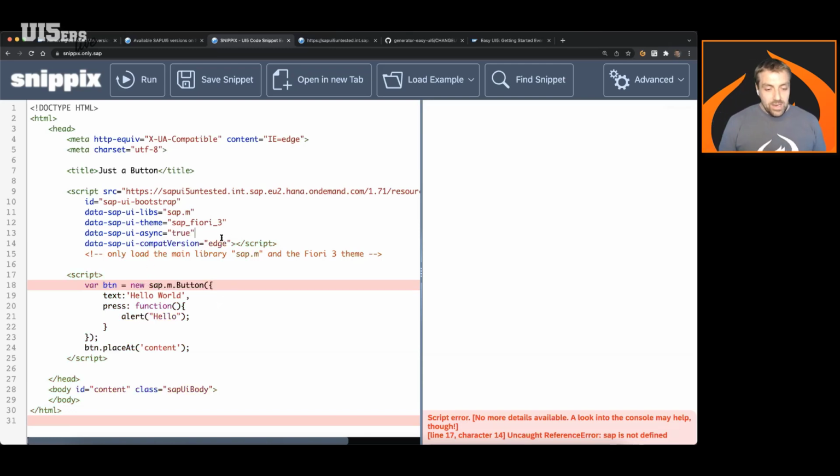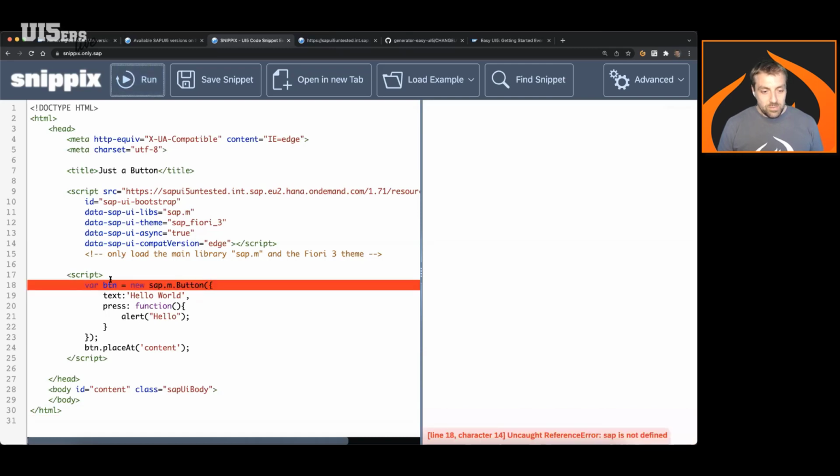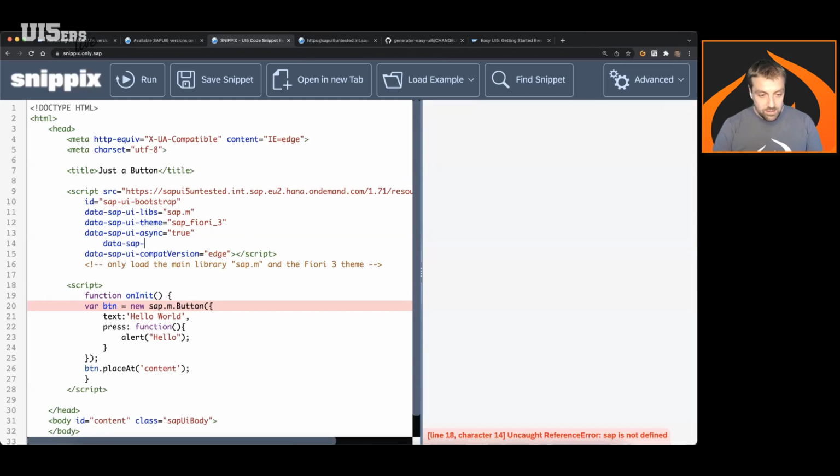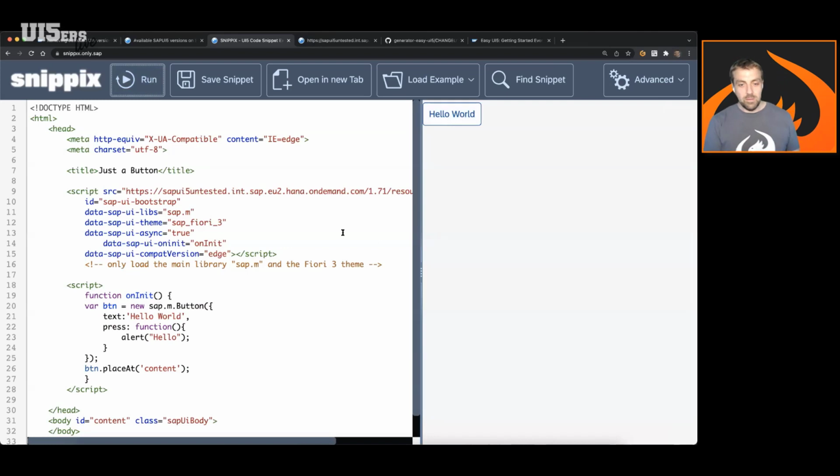And what I need to do as well is, because if the bootstrap is asynchronous, then the script cannot work synchronously. Typically, you can also have a module, or if you have the component, but if you have it like here inside, then you need to have maybe a callback function like the onInit. So let's put that in the onInit and say in the bootstrap script, once you are booted, call the data-sap-ui onInit function. So having done this, the button is now coming back.